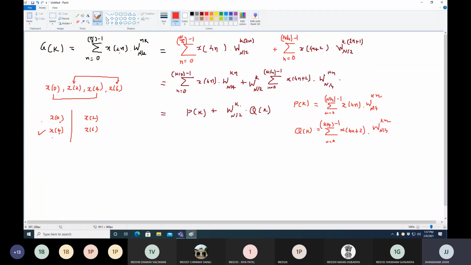Please note down these equations because I am going to ask you. I am not going to recollect it by myself. I will ask you and you will have to reply. Please note down all the equations, especially g of k equal to p of k plus wn raised to k into q of k, and separate equations for p of k and q of k. Note it down in your notebook and also take the snap. And when you get it complete, then tell me that you have completed. Hello, I am waiting. Yes, sir, done.